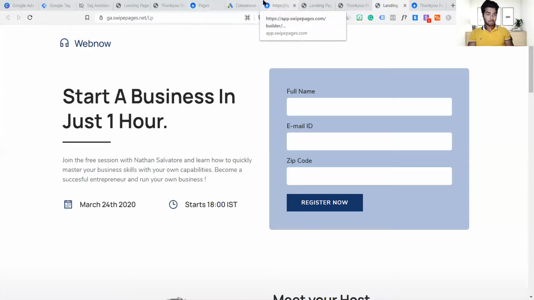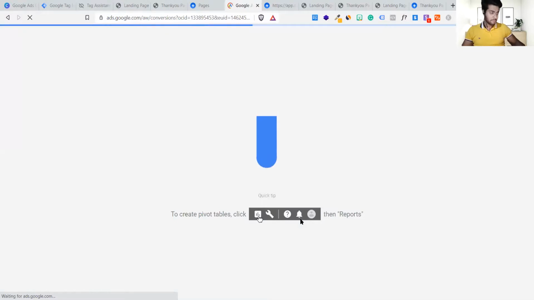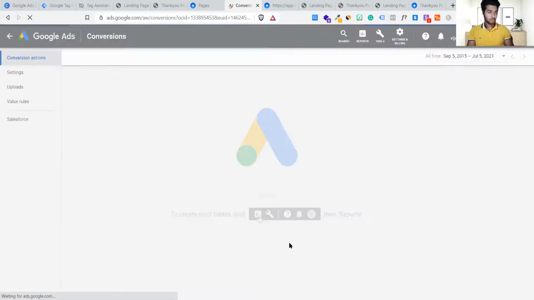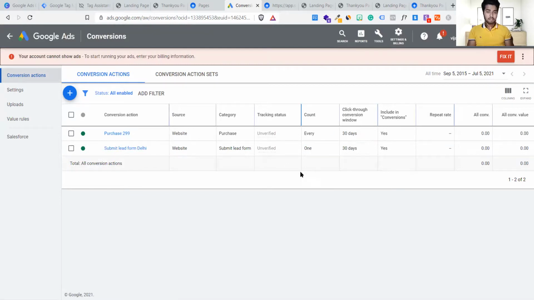and here I have to go back in conversions, and probably the moment I go back and press Ctrl+R, it should say verified in just a few minutes, because we have manually verified the trigger that yes, it's working fine. Now let me see whether Google has got the information or not. Now it was saying unverified. Now it should be in verified mode. Let's see. Okay, now it's showing unverified. Wait for a while. After a few hours, it will get verified because you have just tested this thing that yes, it is working. Okay.